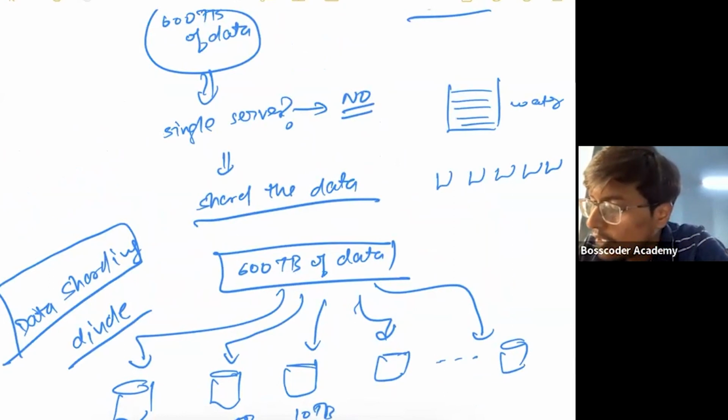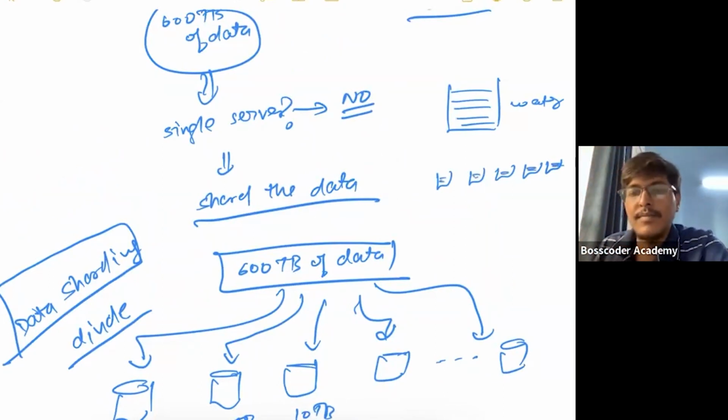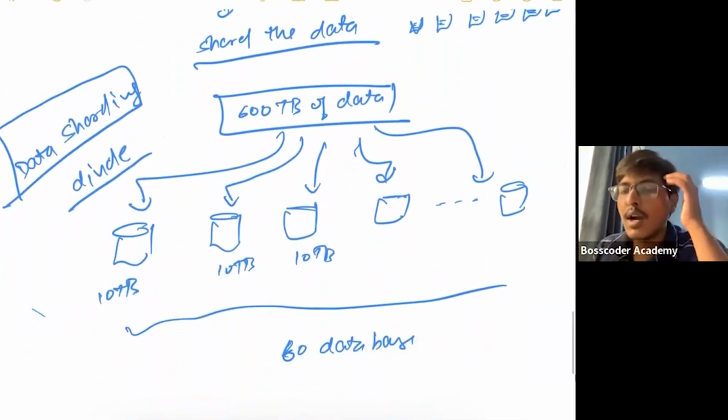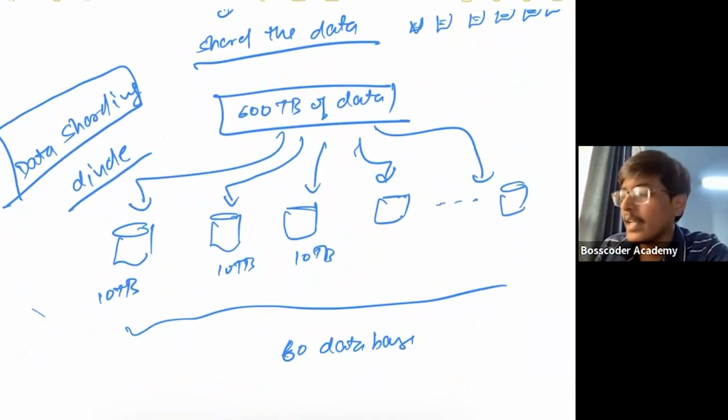So what will you do? You will store some water in this, some in this, some in this. Right? You will take a lot of glasses. This is known as water sharding. Similarly, you have a lot of data. You cannot store it in one database. So what are you doing? You are taking multiple databases and storing some data in all of them. We will talk about whether we will get increased latency or not. Just give me some time.